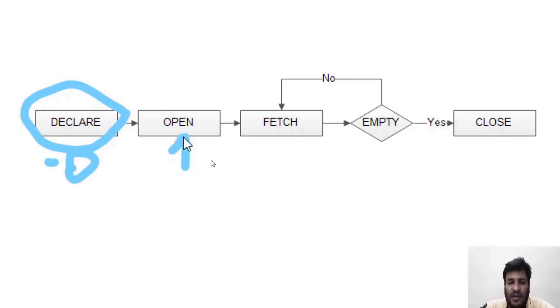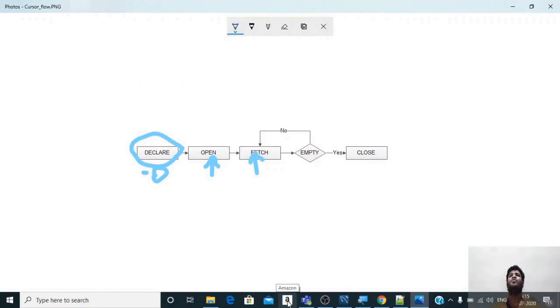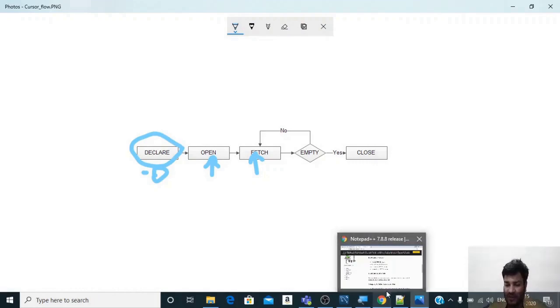These are the commands that we need to learn. So then we open up the cursor. We say open and the cursor name. Then we fetch the value. Cursors are basically of two kinds: they can be row-wise, or they can jump to a specific row directly. Jumping to a specific row directly is not something done by MySQL. For that, you need to go to Microsoft SQL or Oracle.